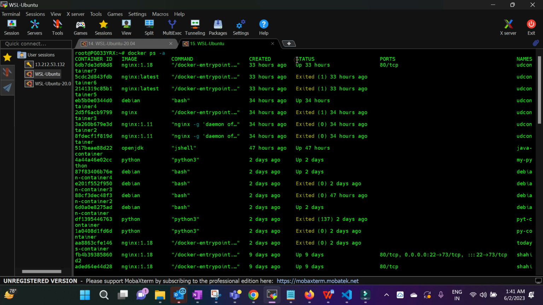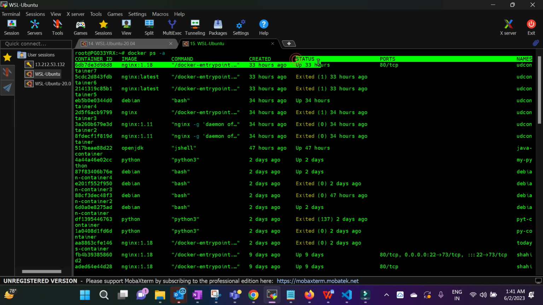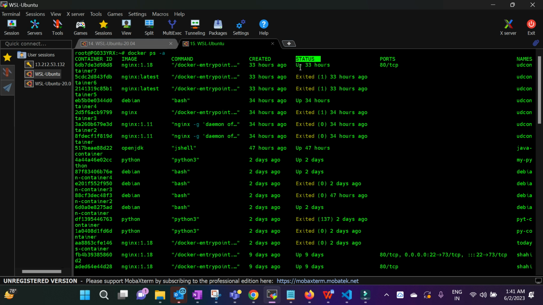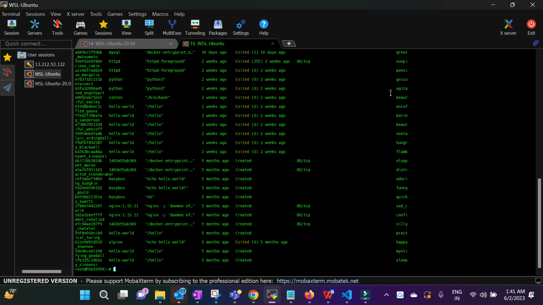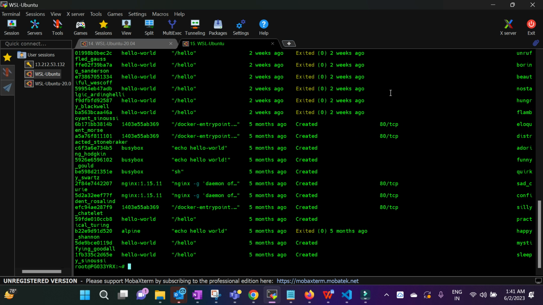When we run this docker ps -a command, we get the container id, the name of the image, the command, created time, and the status of that container, whether it is up or exited, meaning active or inactive, and the ports which are mapped. And if I make this screen smaller,